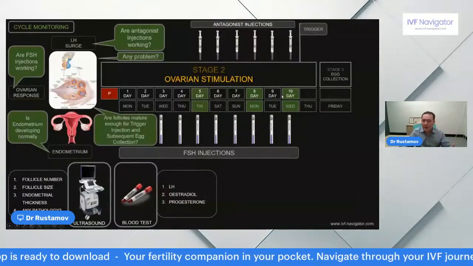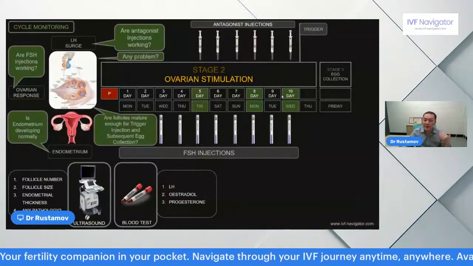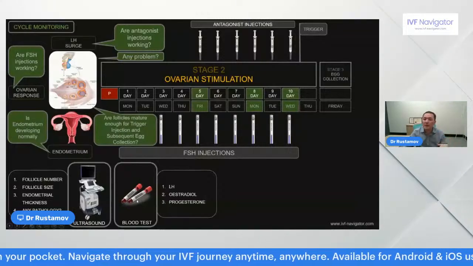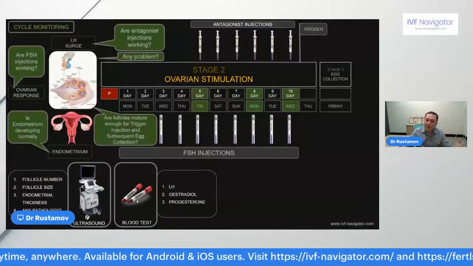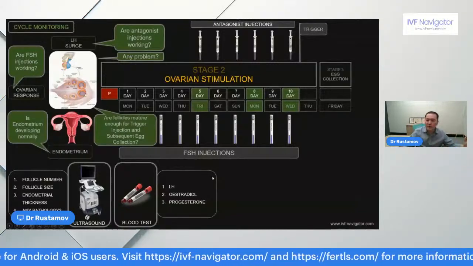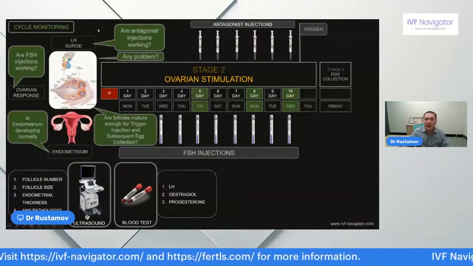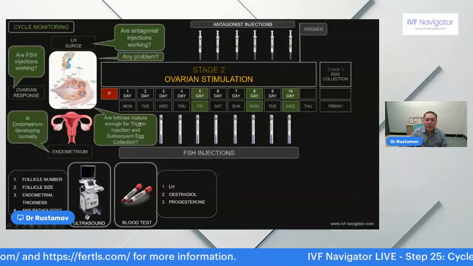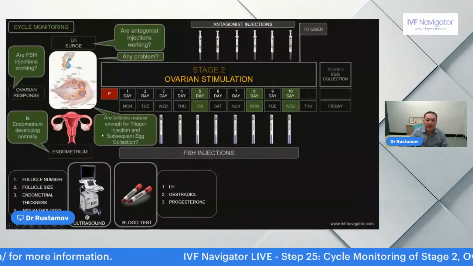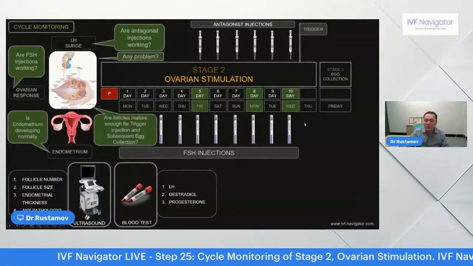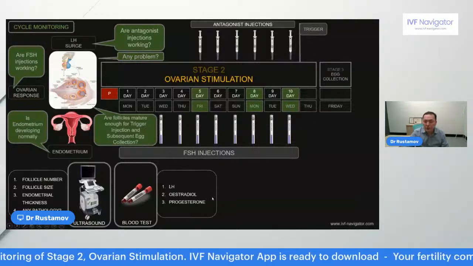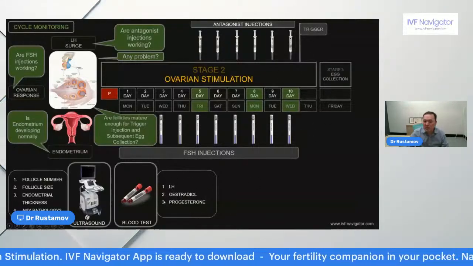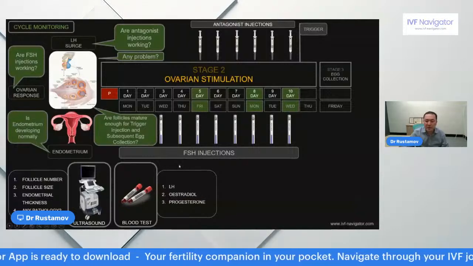So usually you can do every other day. Let us say if you had a cycle monitoring scan and blood test on Monday, the next cycle monitoring scan will be done on Wednesday, then Friday. So you keep having the cycle monitoring scans until we answer this question: are follicles mature enough for trigger injection? Once follicles are mature enough, and we ensure that LH is low, progesterone is low, and estradiol is in optimal state,